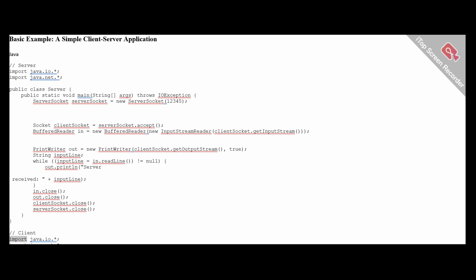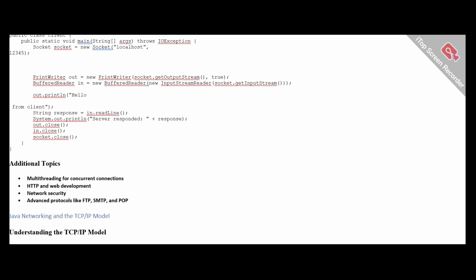// Client. import java.io.*; import java.net.*; public class Client { public static void main(String[] args) throws IOException { Socket socket = new Socket("localhost", 12345); PrintWriter out = new PrintWriter(socket.getOutputStream(), true);